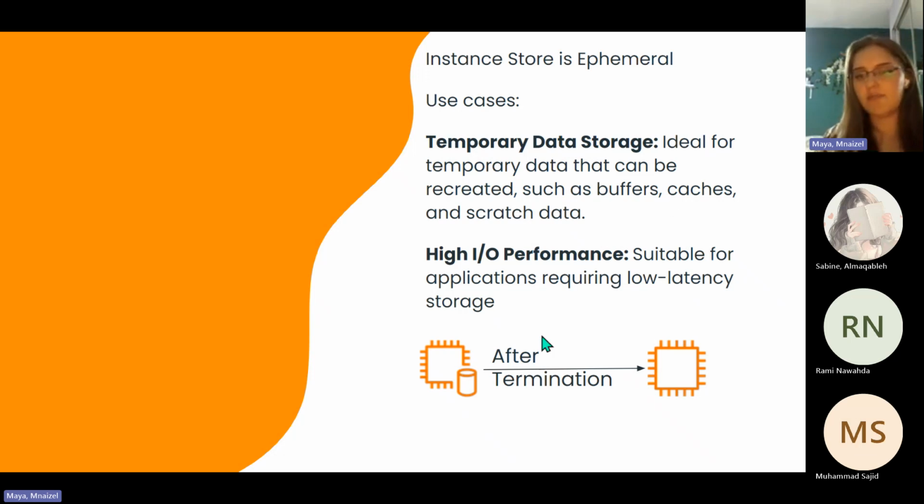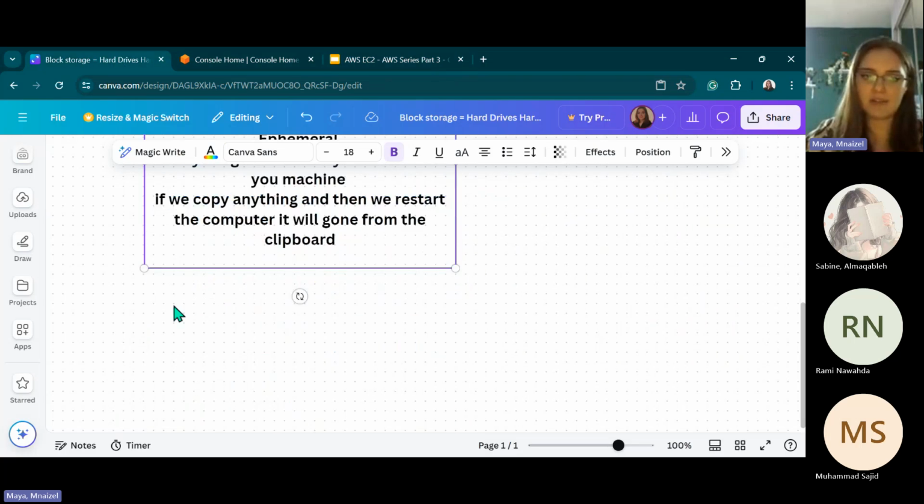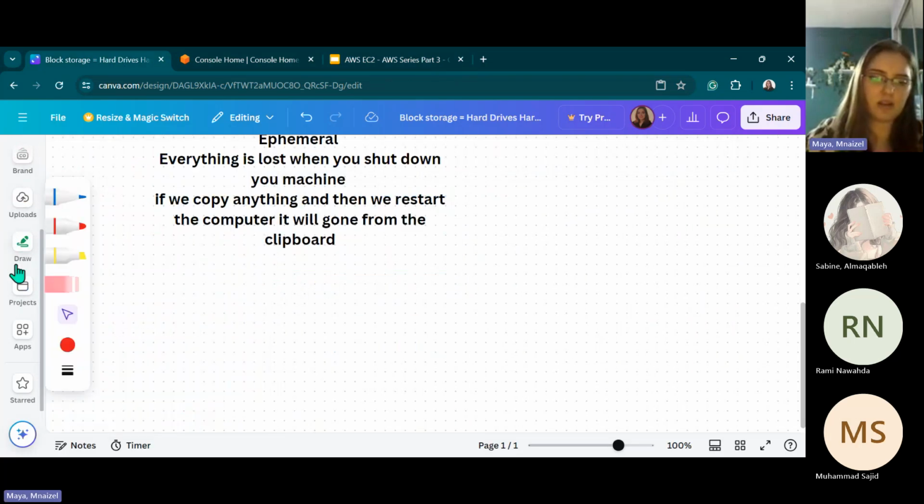Why do we need this if we're going to lose our data when we terminate our instance? It can be for temporary data storage, like buffers, caches, and scratch data. If we remember, we had in Linux,